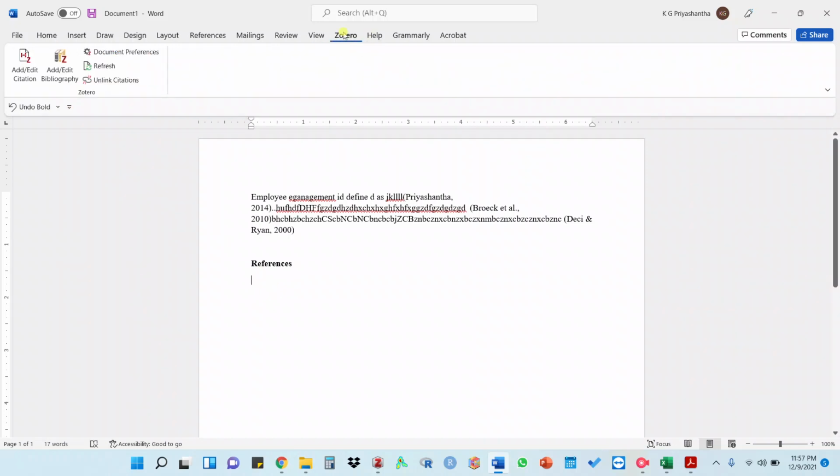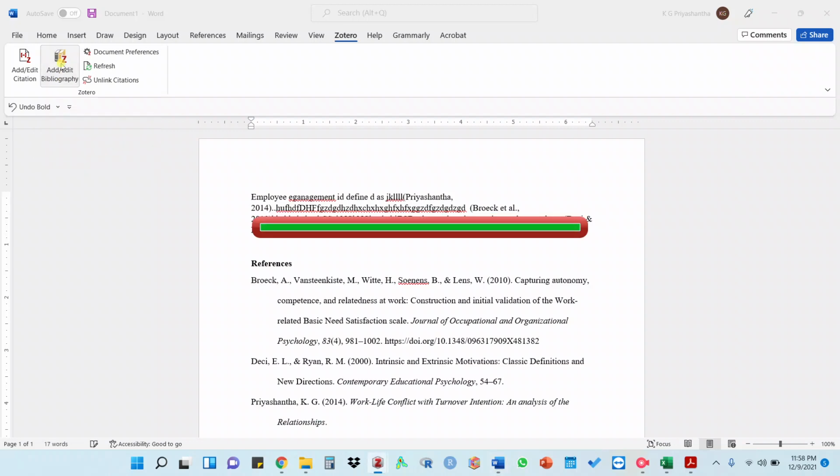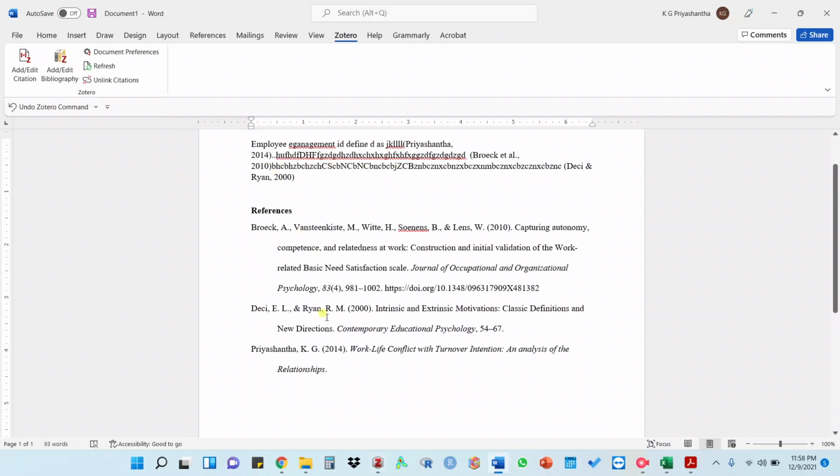Now put the cursor here, and what you need to do is again click the reference menu here. Now you need to add bibliography, update the reference, which means that you need to include the reference list for these citations, right? So the simple thing you need to do is just click this item,